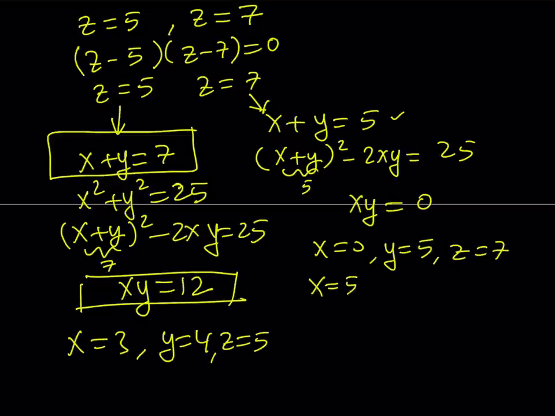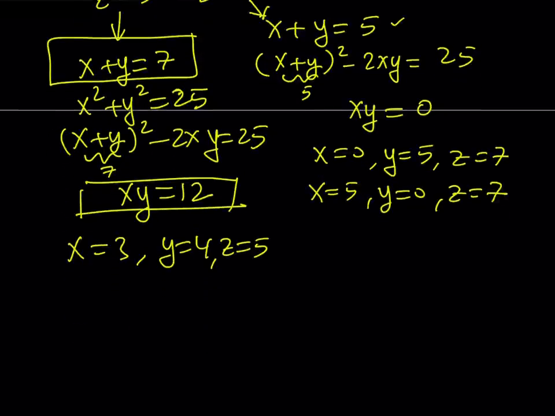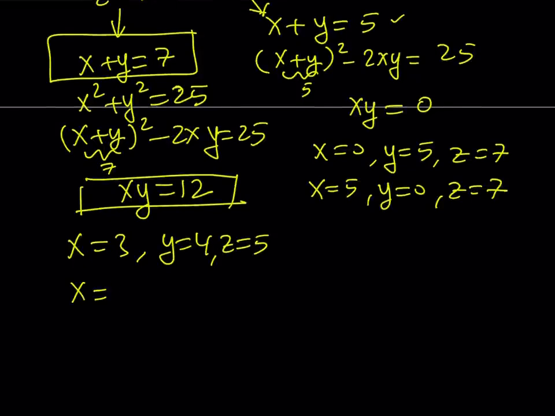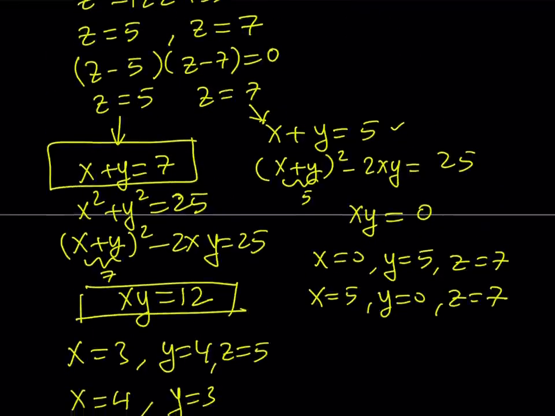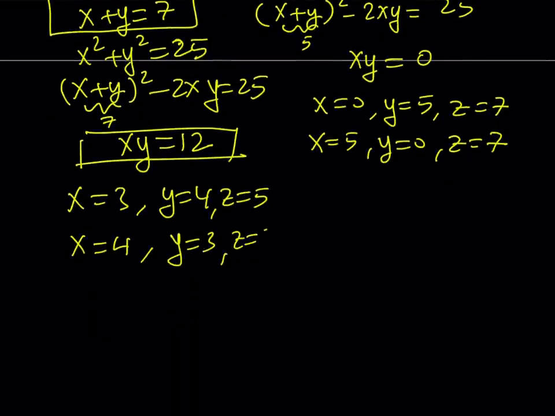Or x could be 5, y could be 0, and z is still 7. And of course, we shouldn't forget to write the other solution here: x equals 4, y equals 3, because x and y are basically interchangeable, but z is fixed in this case. So we got those two